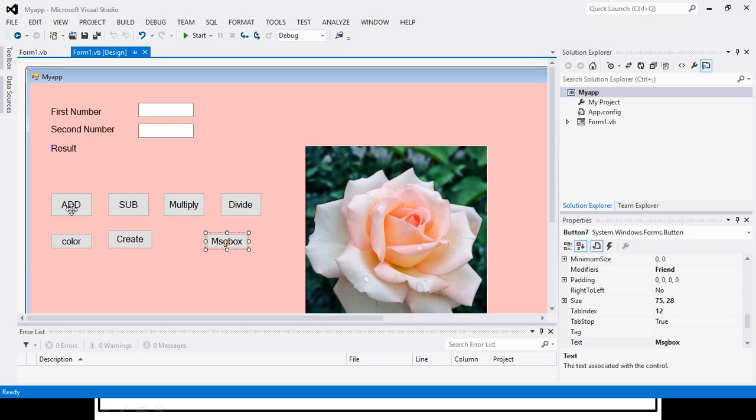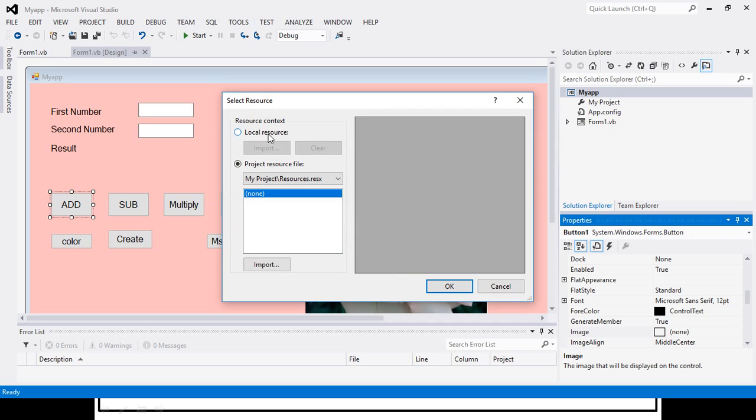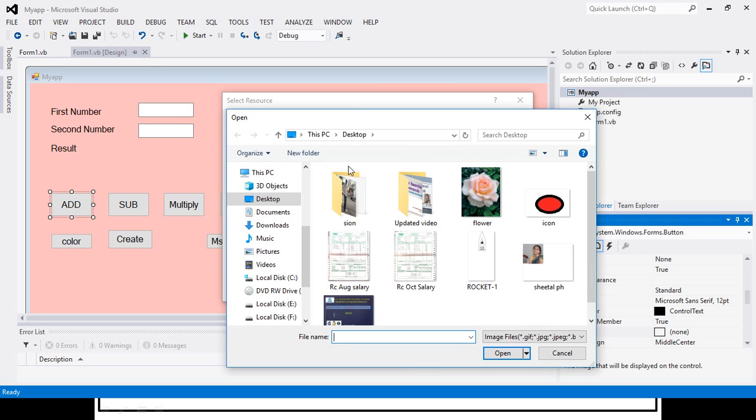We can put images on these buttons. For that we have the image property. This is the image property of our button, and from here I can import the image for my button.